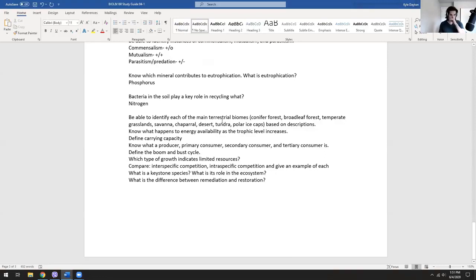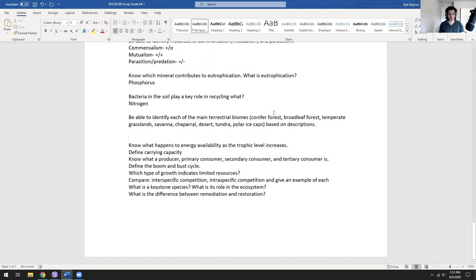All right, so identify each of the terrestrial biomes. I'm just going to do this, I'm not going to write this all out. So conifer forest, this is going to have a low biodiversity, but many living things, but low variation. So usually conifer forests, or actually to refine this, we would say taiga. Taiga, which is kind of like a subcategory of conifer forest, is going to have very low biodiversity, but many